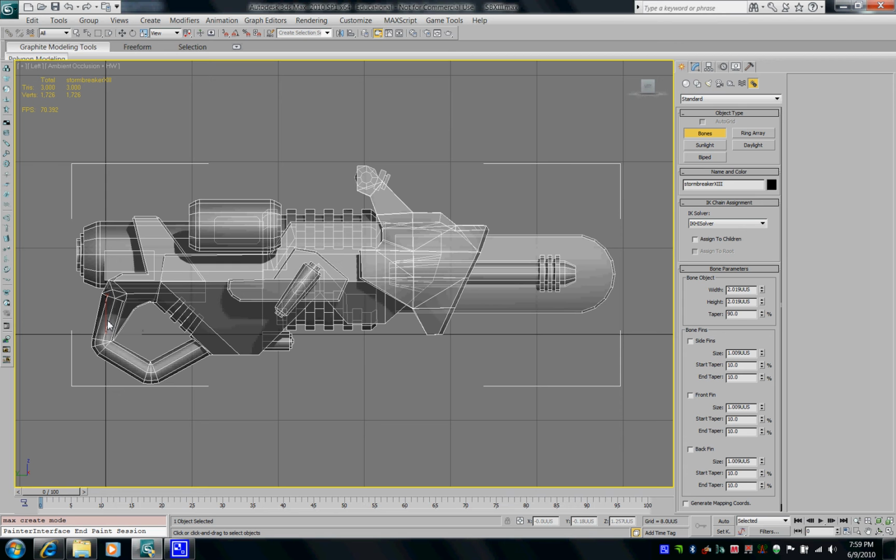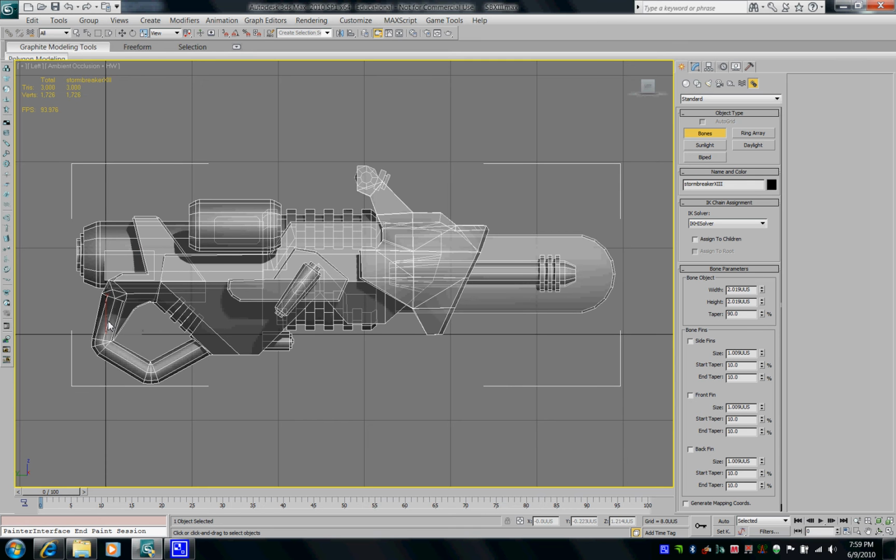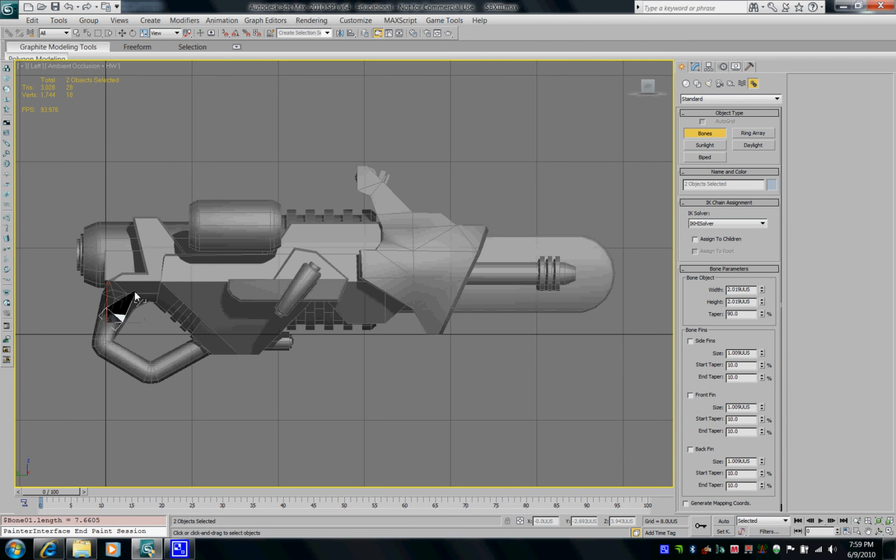So we select the mid-handle point. Let's get a good area and have it work with me there. There we go. Drag your bone to about the middle of the point into the main body,